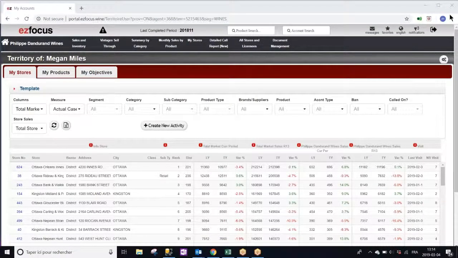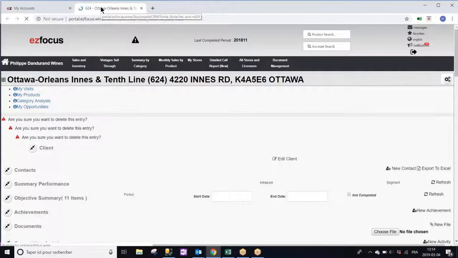How to add contact information, objectives, pictures, documents, dates to remember, as well as visits and follow-ups. So the first thing to do that for a specific account is click on any account number. In any report, if you click on any account number, a new tab will open up. This will basically give you access to that account information, and this is where you'll be able to add information